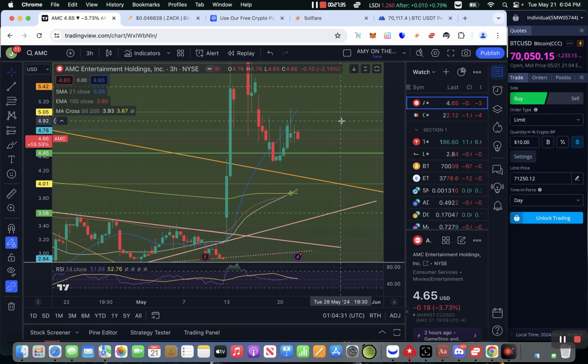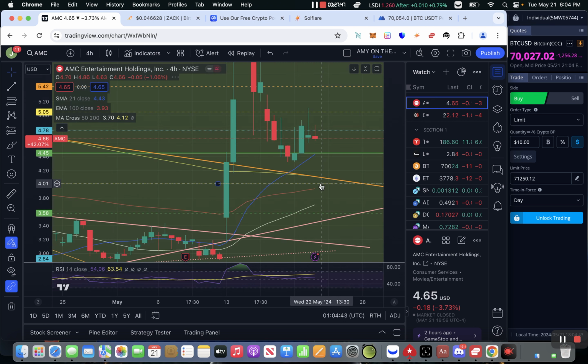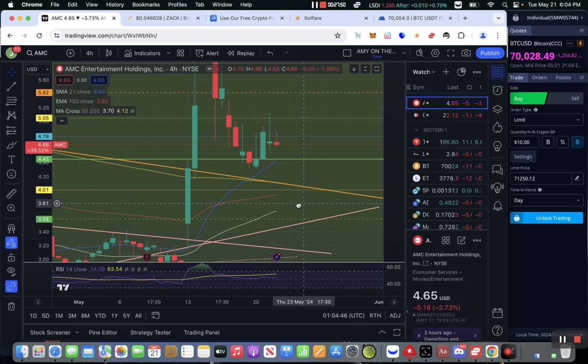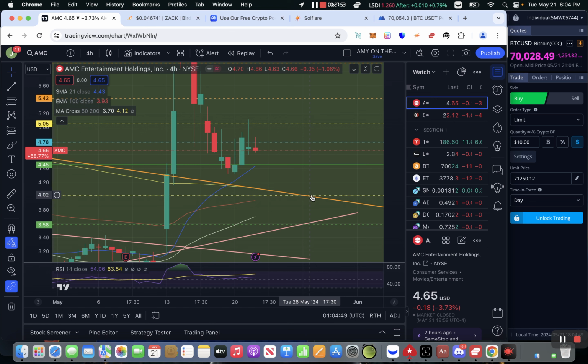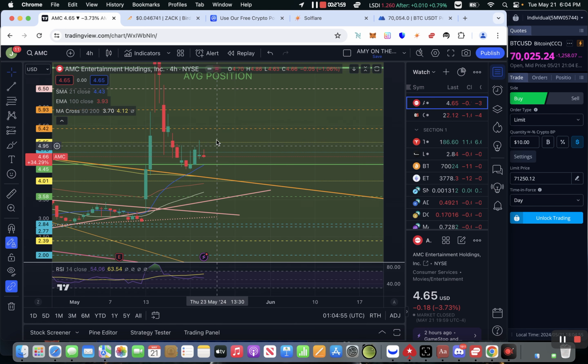Now we've got to get above 510, above the 2021 SMA, and we'll start riding up above it. So now I'm looking for the 4 hour crossover, which is going to take a little bit of time, but I would say within a week or two we can get that crossover going up, and we're going to get another push, probably another push up into $5, $5, $6 within the next maybe 2 weeks, hopefully. Yeah, not financial advice, obviously. So take this TA with a grain of salt and compare it to your TA and see what happens.